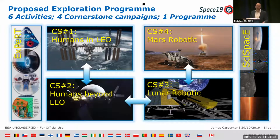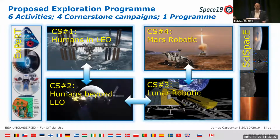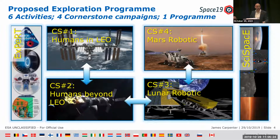We should be looking to fly on missions with international partners. We don't at the moment have a European lunar lander, so we're working already with NASA, particularly with Steve Clark and Ben Bussey and SMD, to look at how we can contribute to the objectives of the CLIPS. And we actually already now are providing hardware for CLIPS on the first task order, the Prospect Ion Trap Mass Spectrometer instrument, which Barbara Cohen from Goddard is leading. And so we're very excited to be the first international partner, if you like, to be providing hardware for CLIPS